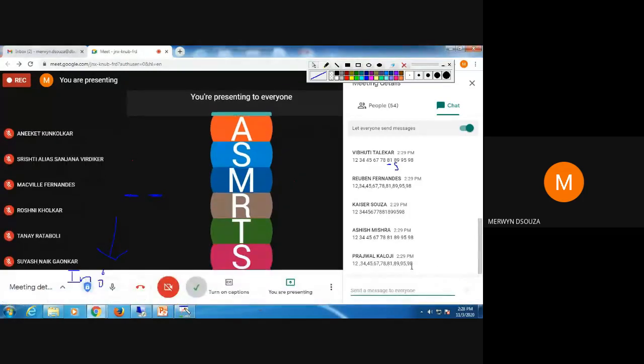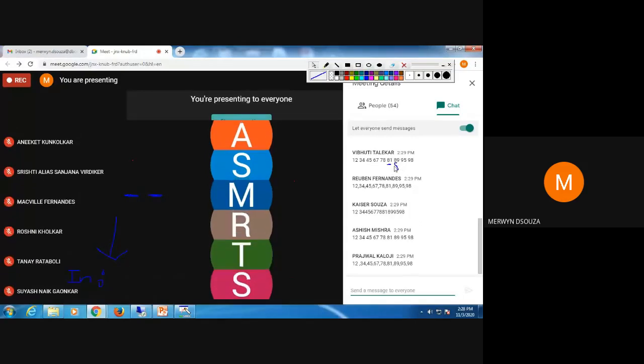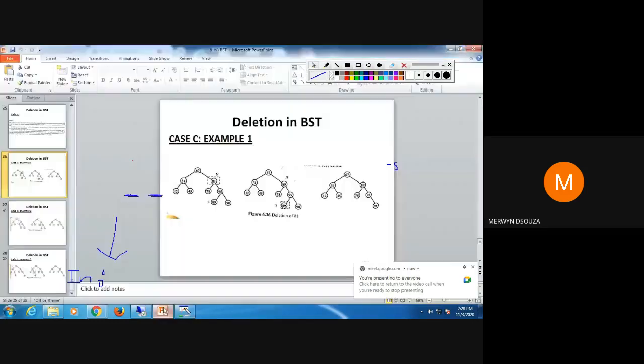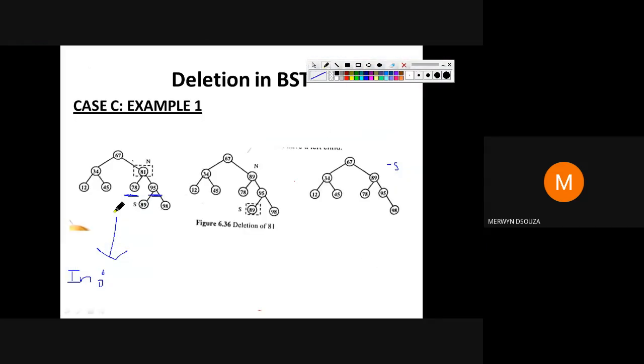So identify the successor. Okay, I hope everyone has understood how to identify successor. 81 is the node you are deleting. Number that comes after the node that you are deleting, that is the successor. So 89 is the successor. Okay, so what you do, once you identify the successor, you can write here if you want that 89 is the successor. Okay, so you have written the traversal, you had got something like this. I'm not writing the whole thing. You identified that this number comes after this. So this is the successor. You can write down if you want here.